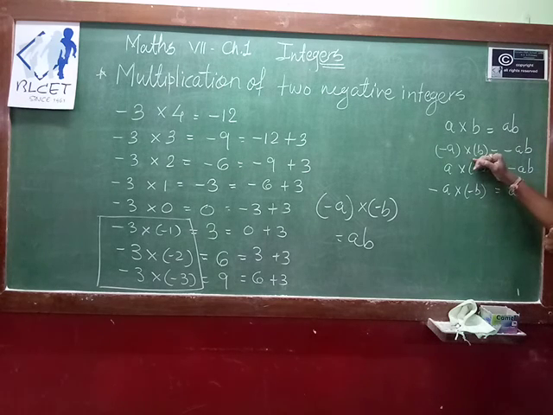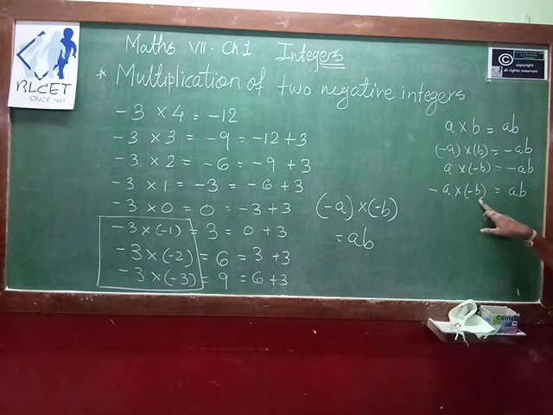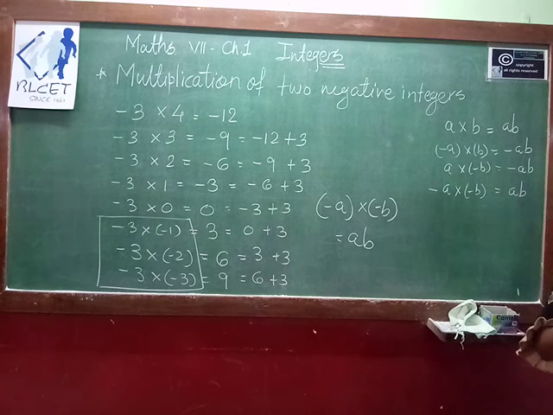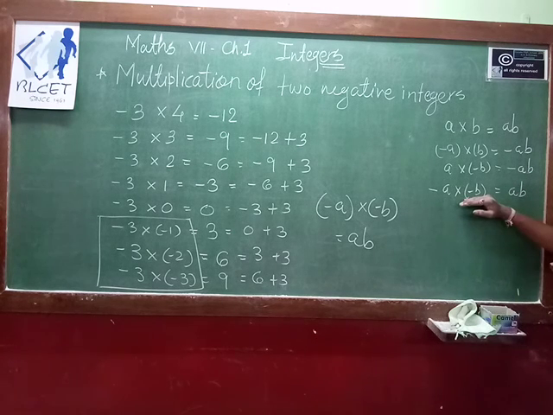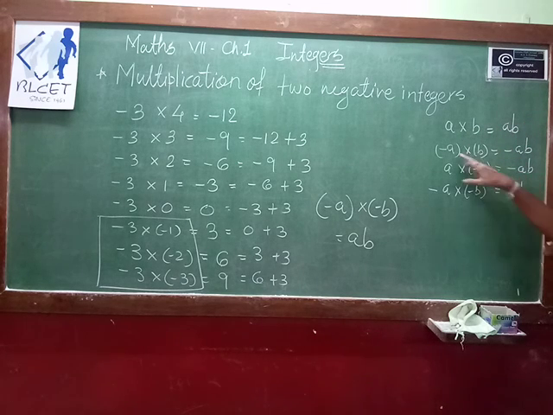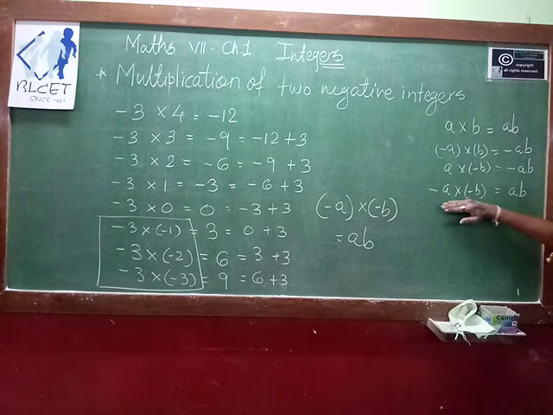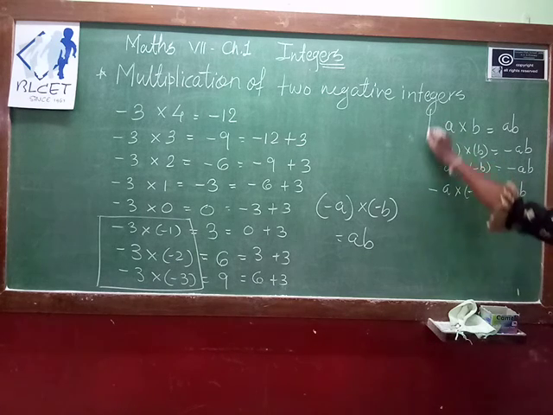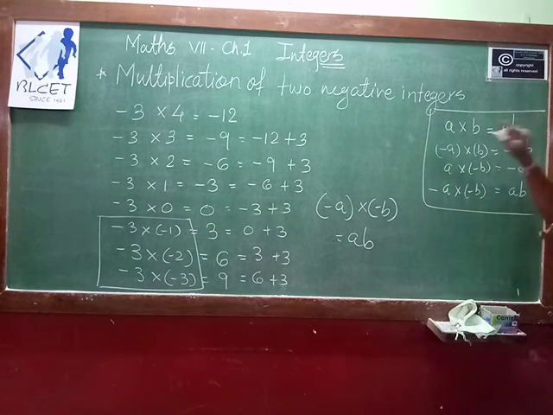If one of the numbers is negative, the addition is negative or positive, depending on which number is negative. In addition and subtraction, if both numbers are negative, we do the addition but the sign is negative. But in multiplication, if both integers are positive, the product is positive. If any one of the integers is negative, the product is negative. If both integers are negative, the product is always positive. These are the 4 rules you have to remember whenever you multiply 2 or more negative or positive integers.